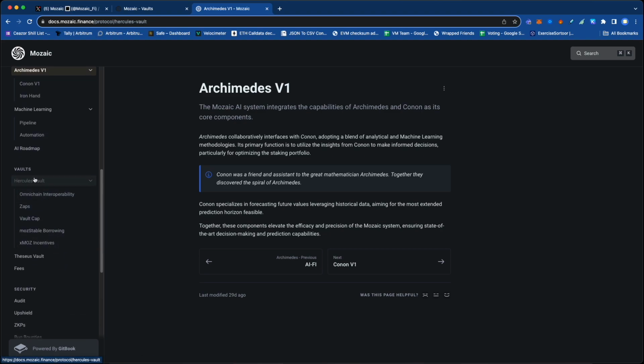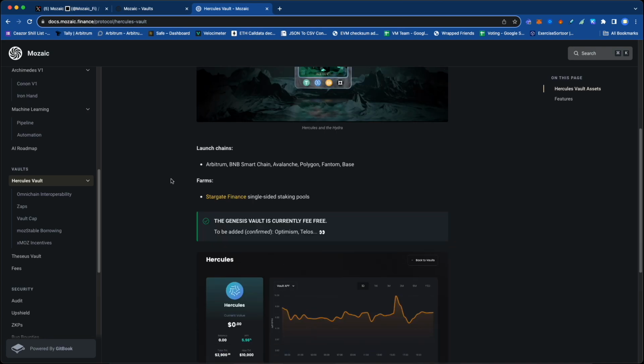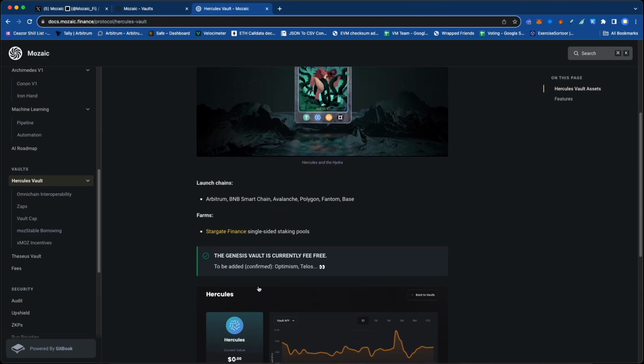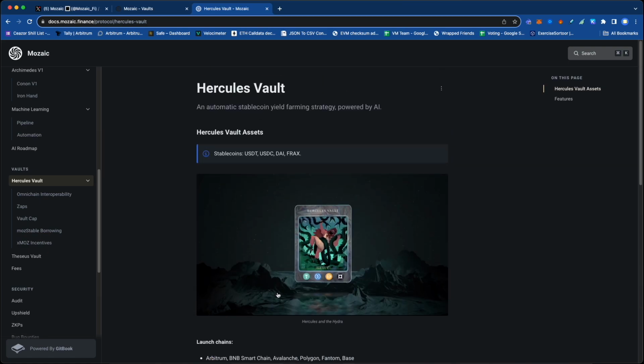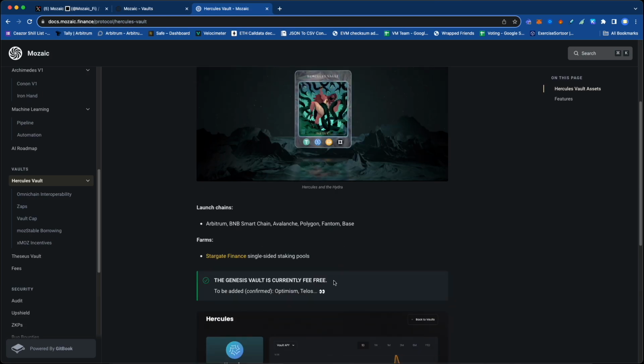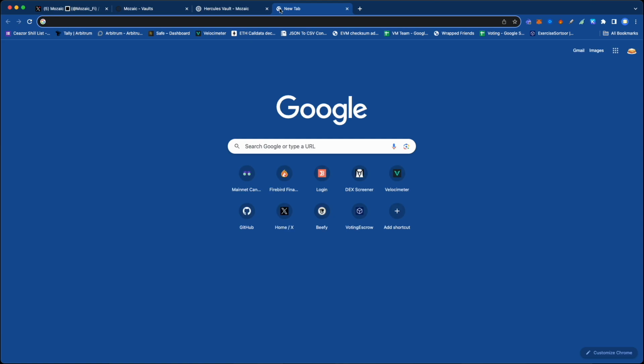Okay, so currently they have this Hercules Vault, which is the vault I showed you that does these stablecoins across these chains. It does say that the only farms it's claiming to have here are the Stargate Finance ones. So if you think about it, what it's basically doing is taking your stablecoins and putting them single-sided onto the Stargate yield farms. So if we go to Stargate